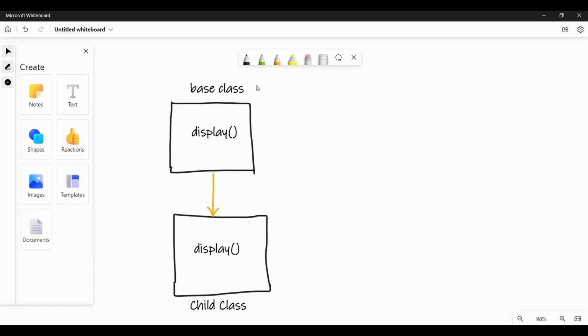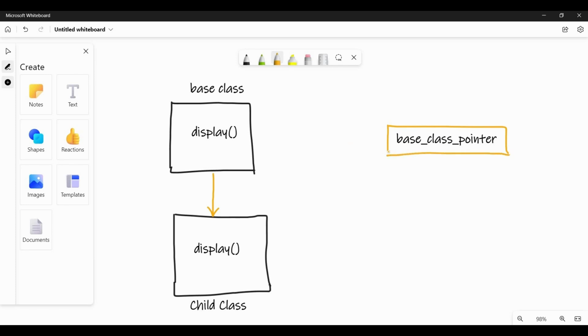Since we have studied method overriding, I think it should not be any problem, right? I guess it's clear, right? Let's move ahead, and if it's not clear, please watch the videos on polymorphism. It's basically runtime polymorphism. And let's create a pointer to the base class, right? You can say base class pointer or something like that. It's a base class pointer,